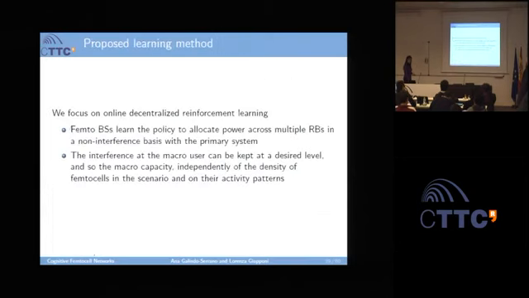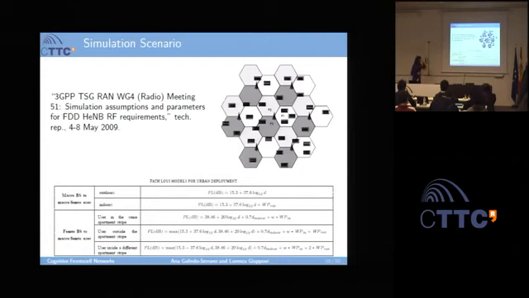So we continue. This is the scenario we use to validate the solution. We follow a 3GPP technical report, which we have seen in several presentations. Yesterday, actually, Subin used it. It's based on interference modeling in a femtocell system. We use a densely deployed scenario. First, we deploy 19 macro base stations, each one with 3 sectors. And we assume that macro users are randomly deployed and are always outside.